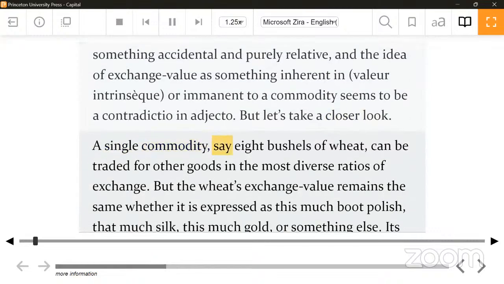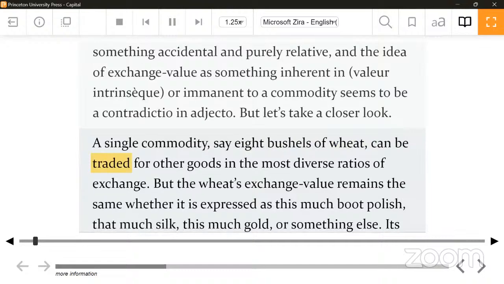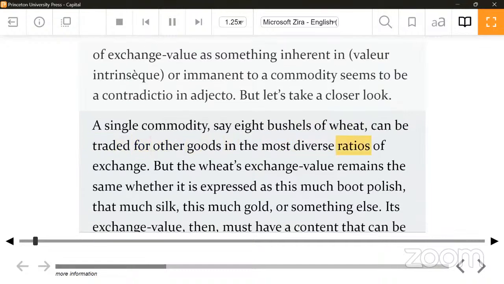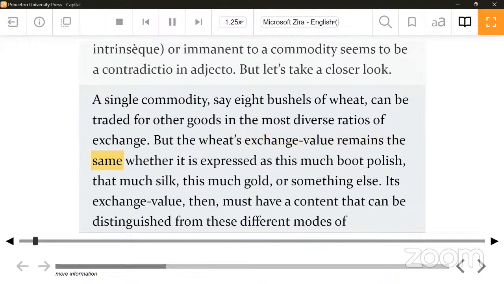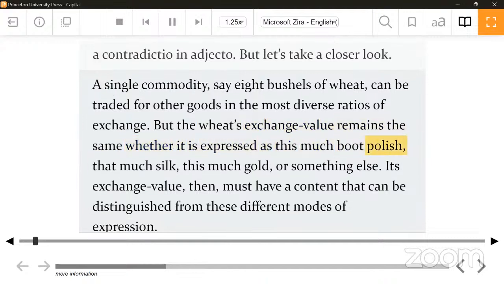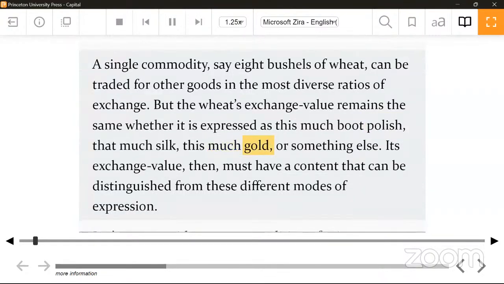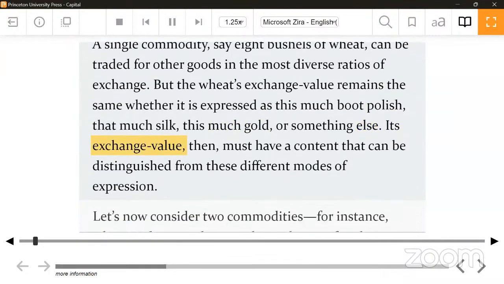A single commodity, say 8 bushels of wheat, can be traded for other goods in the most diverse ratios of exchange. But the wheat's exchange value remains the same whether it is expressed as this much boot polish, that much silk, this much gold, or something else. Its exchange value, then, must have a